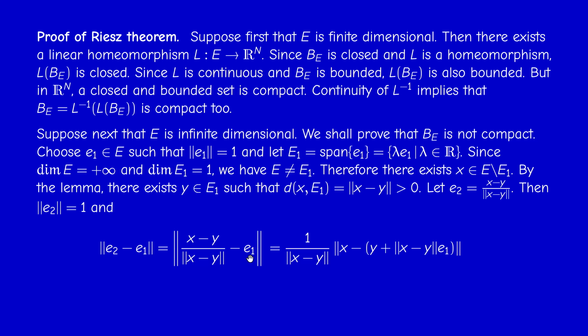And reduce to the same denominator if you like, and put this real number outside the norm. So you get x minus y minus e1 times this norm, right? So I can rearrange that. So x is here minus y minus this multiple of e1. Why did I do this in this way? Because now, okay,